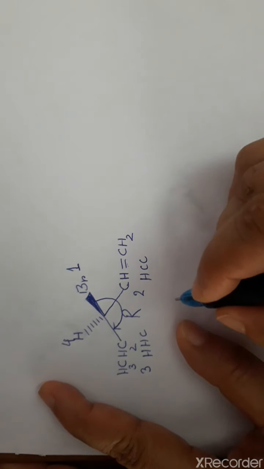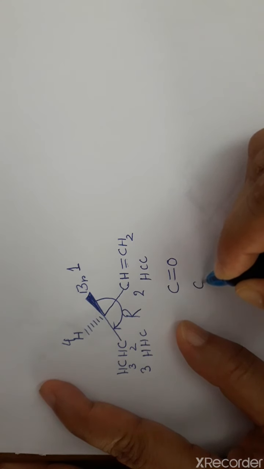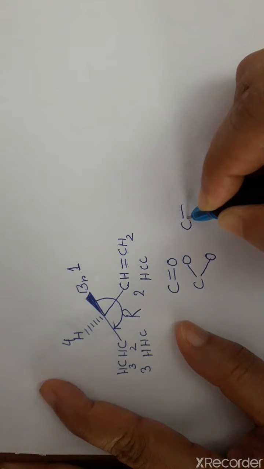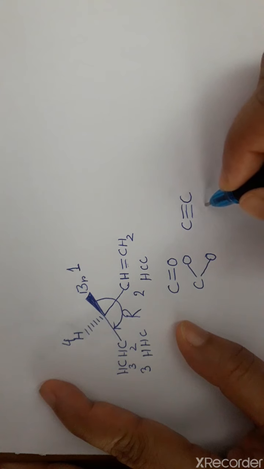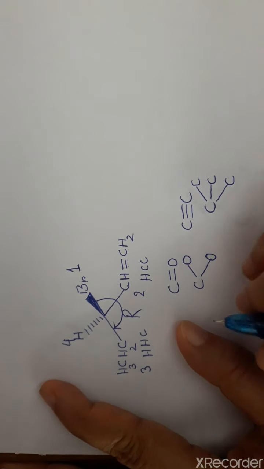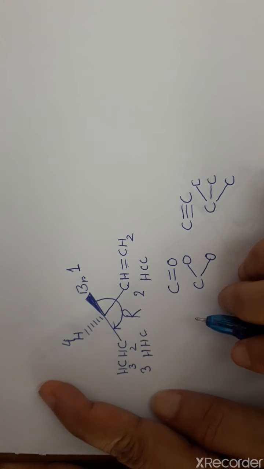If suppose a multiple bond is between carbon and oxygen, then we have to consider that this carbon is attached to two oxygens. Again, in case of carbon triple bond carbon, if it is attached to a chiral carbon in some other molecule, then we should consider the carbon as attached to three carbons, right? And this is the fourth rule of CIP. With these 4 rules, I am sure that all of you can determine the configuration of a chiral carbon easily.